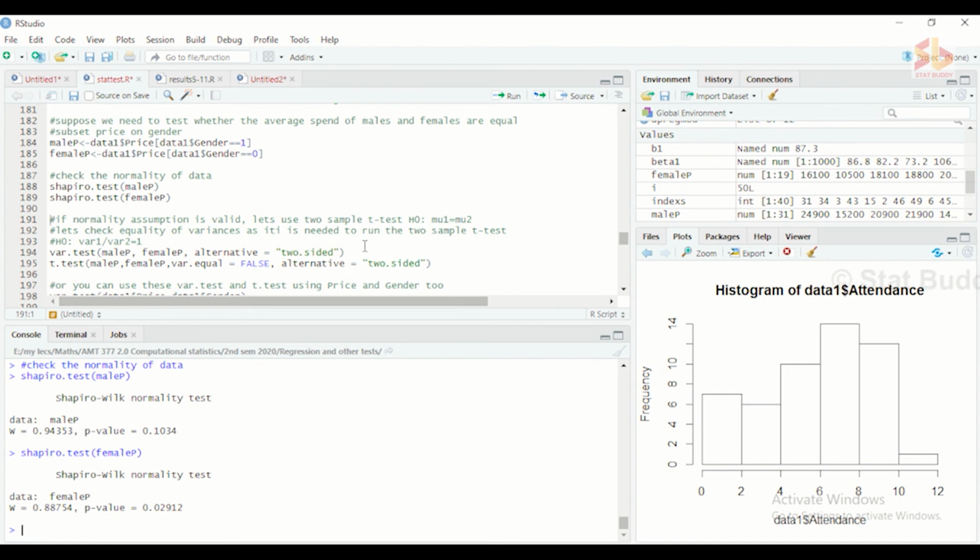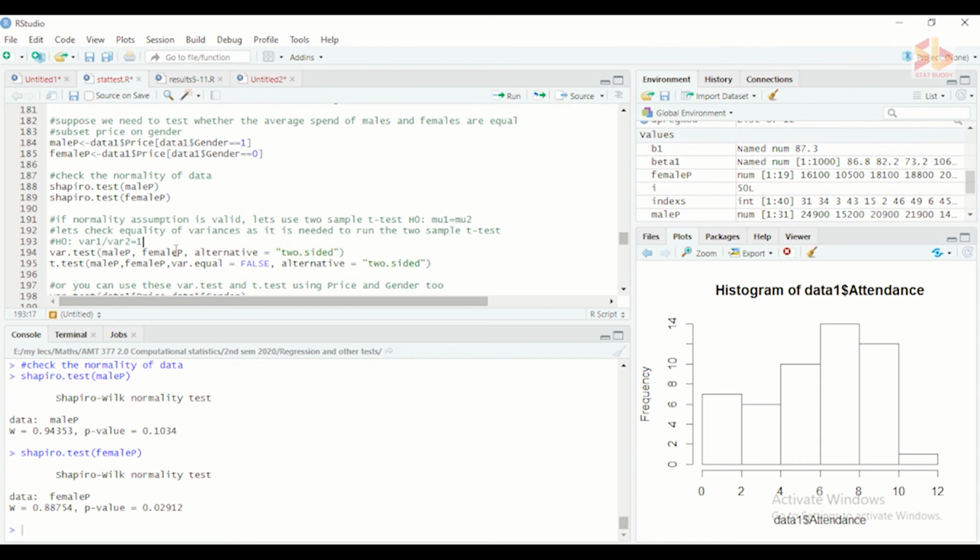If the normal assumption is valid, let's use the two sample t-test. These are independent, so our null is mu1 equal to mu2. Let's check the equality of variance first, because in the independent t-test we need to consider this assumption as well: variances are equal, or variances are not equal.